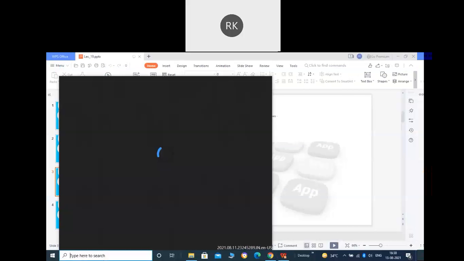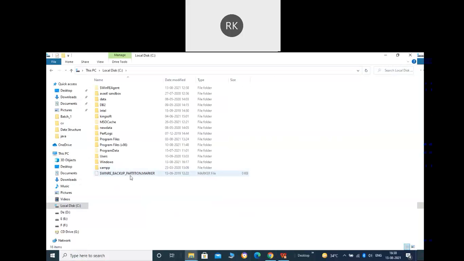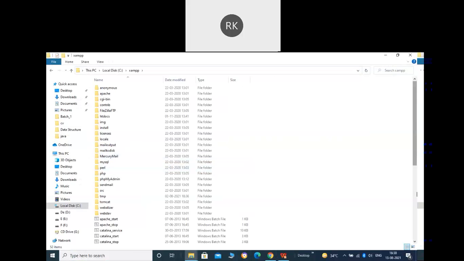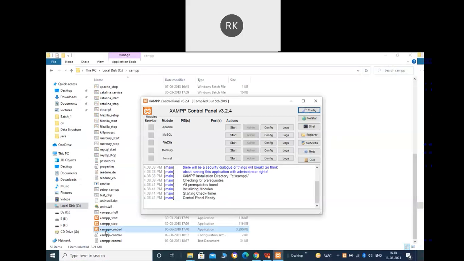All right, so first of all, let's do the thing that we require at the back end. Here I have MySQL in my XAMPP server, so let me open the control panel of XAMPP here. From the control panel, we have to start the Apache server and MySQL. You can click on admin to go to the GUI of your MySQL, where you'll be able to easily create the database and the tables.